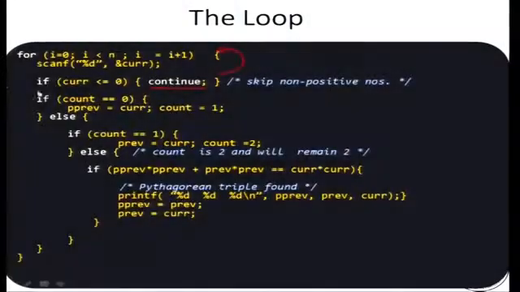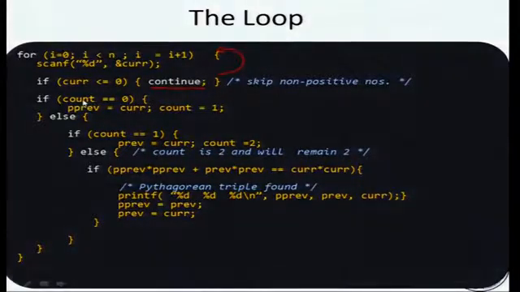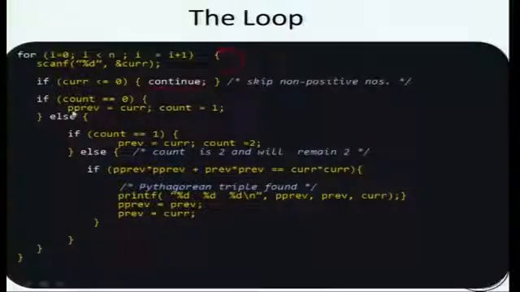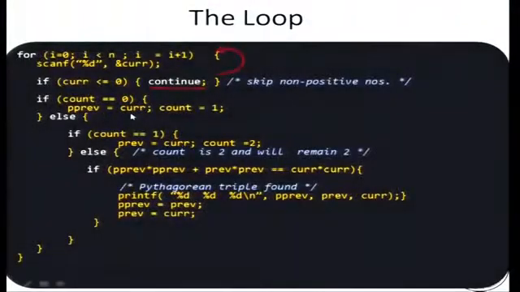Okay. Now here is some logic which is not easy to read, but we can motivate it in the following. If the current number that I have seen is the first positive number, then this was the first number that I read, therefore there was no previous number and there was no previous to previous number, right? So because this is the first positive number that I am reading, I'll just set the previous to previous number to the current number. Also I have seen one positive number. Okay, so I'll say increment count equal to 1.